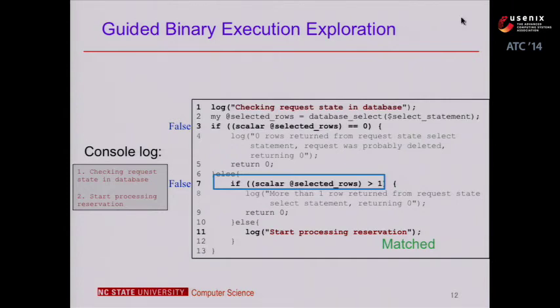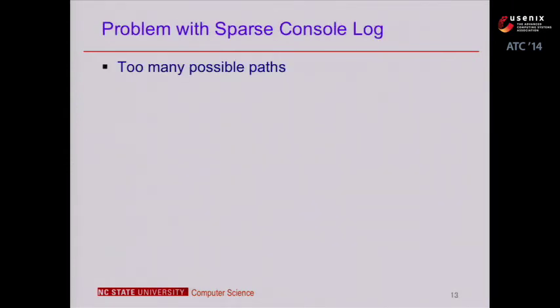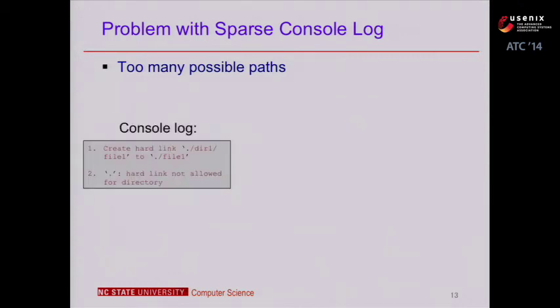Okay, so one issue with this search is that for systems with good logging, for example VCL, usually they generate a lot of console log messages during the production run, and In-situ performs very well. However, some other systems, such as some open source software, usually generate very few console log messages. I'm showing here one example of a failure in CoreUtils. It's only two console log messages for this failure.